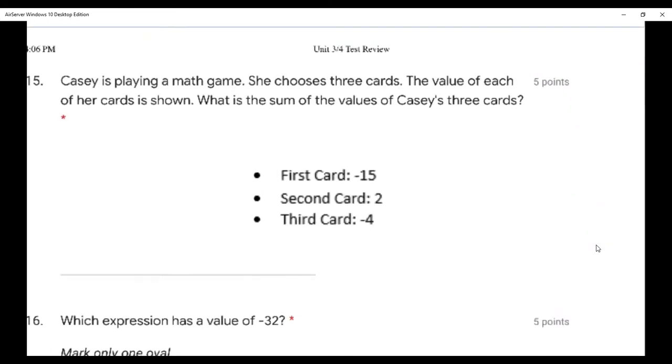Okay. Casey is playing a math game. She chooses 3 cards. The value of each of her cards is shown. What is the sum of the 3 values of the cards? So first we have to know what sum means. Sum means to add. So we're adding up -15 plus 2 plus